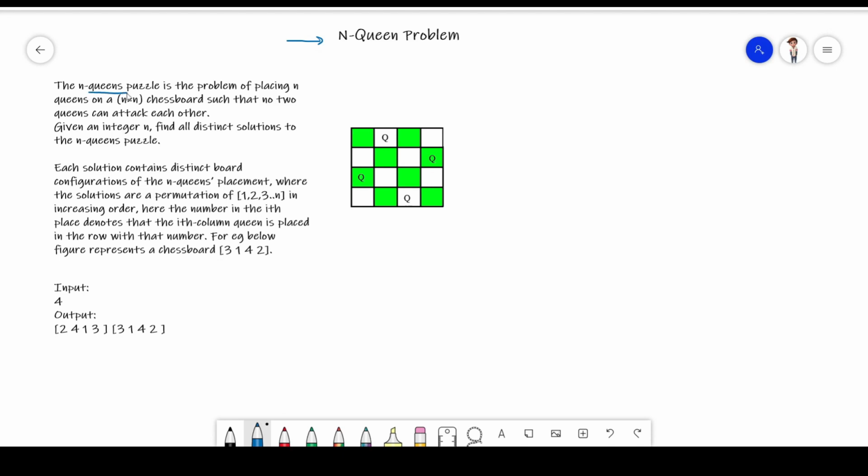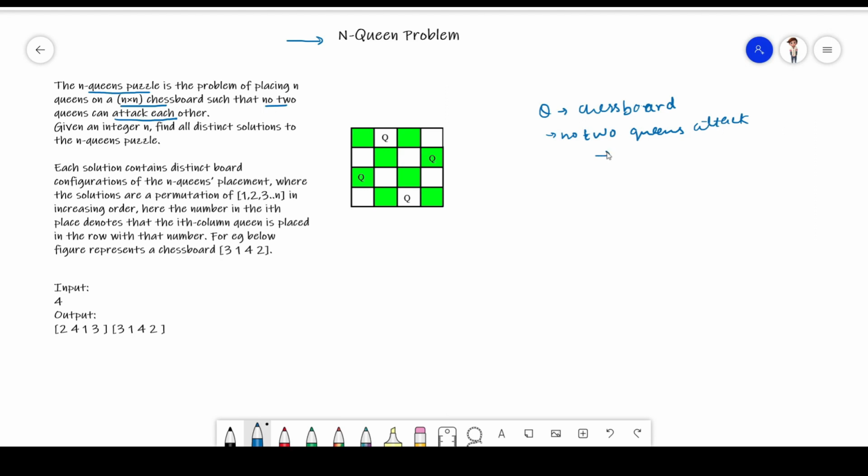We are given an N queen puzzle and an N cross N chessboard, and we have to place the N queens on this chessboard such that no two queens can attack each other.